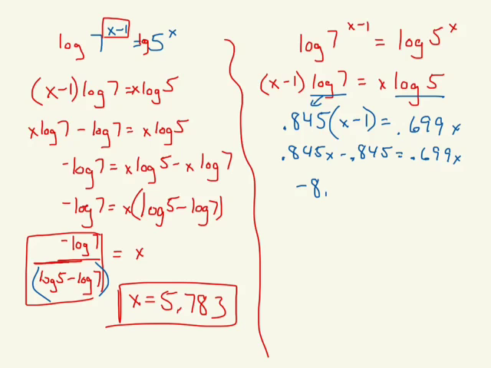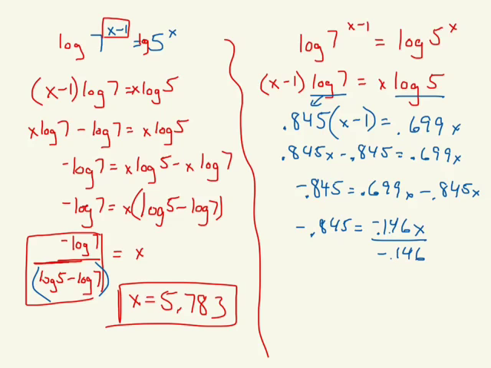So we get negative 0.845 equals 0.699x minus 0.845x, or negative 0.146x. So if we divide both sides by negative 0.146, we get our answer. And our answer becomes x equals